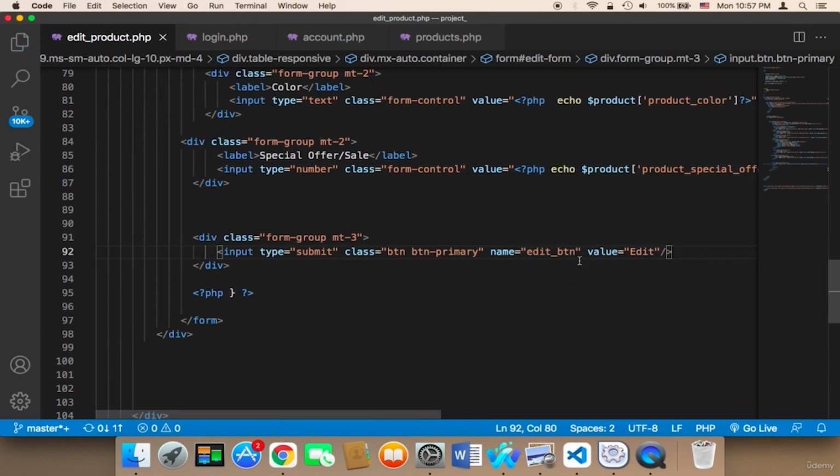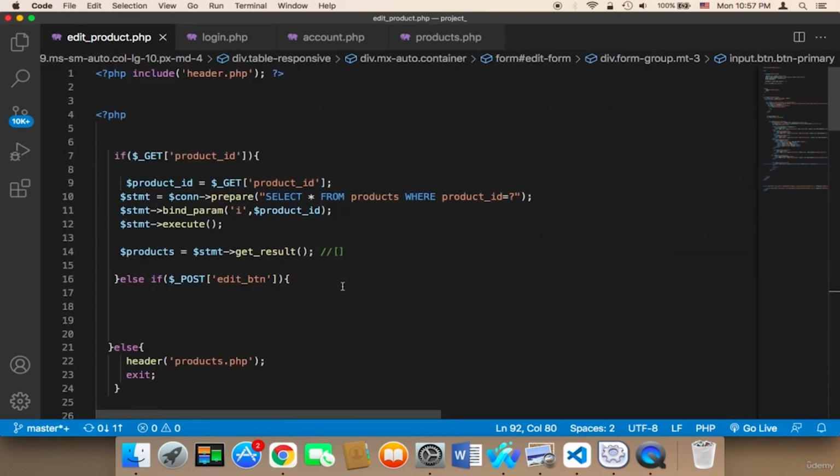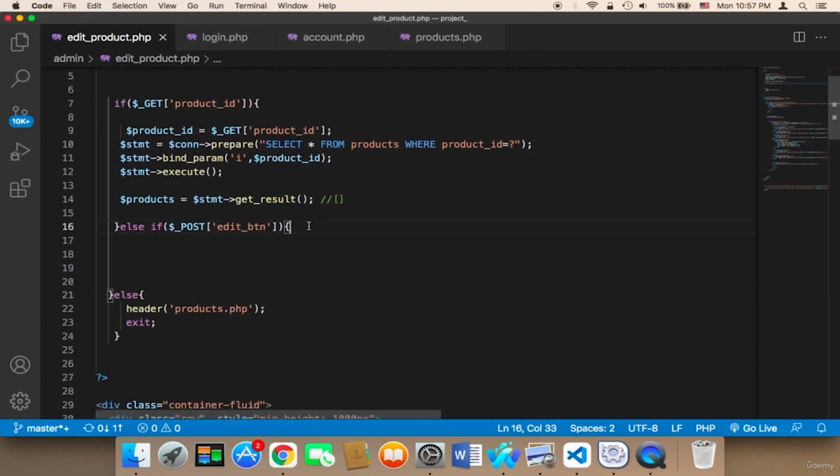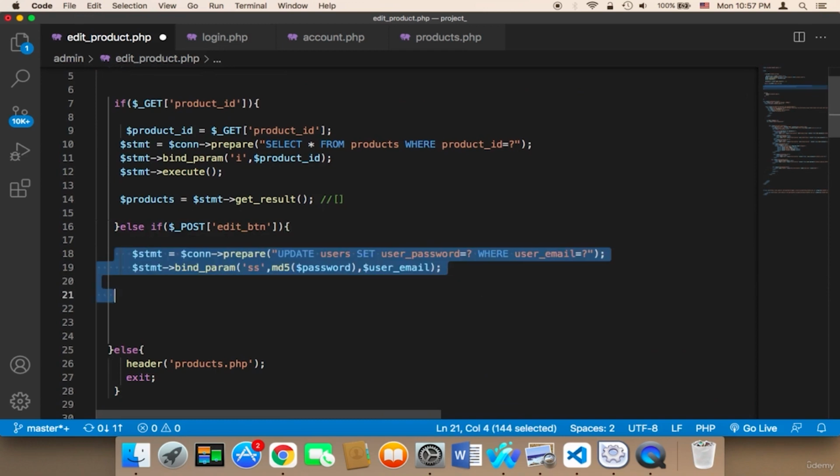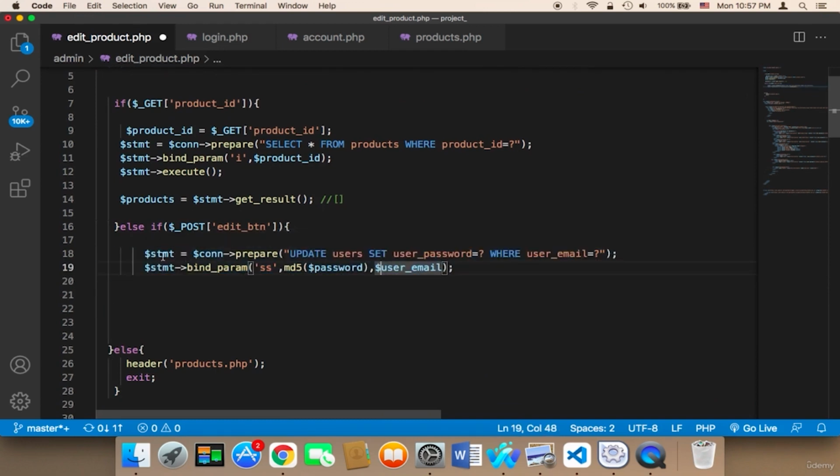By saying edit button, you will understand that the admin clicked on the button. So here we need to paste the code, which is going to connect to the database